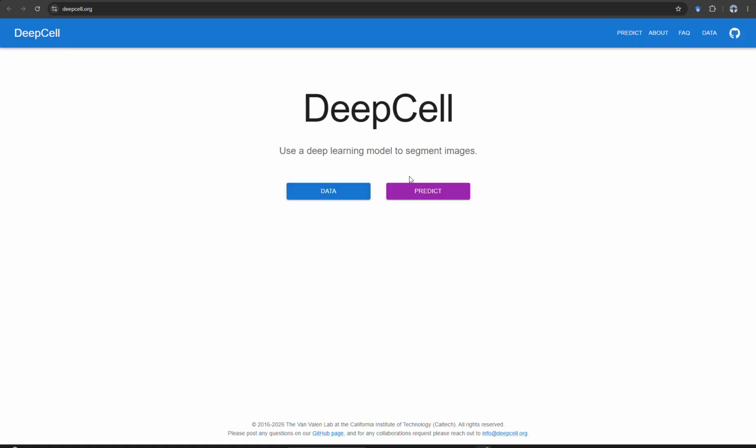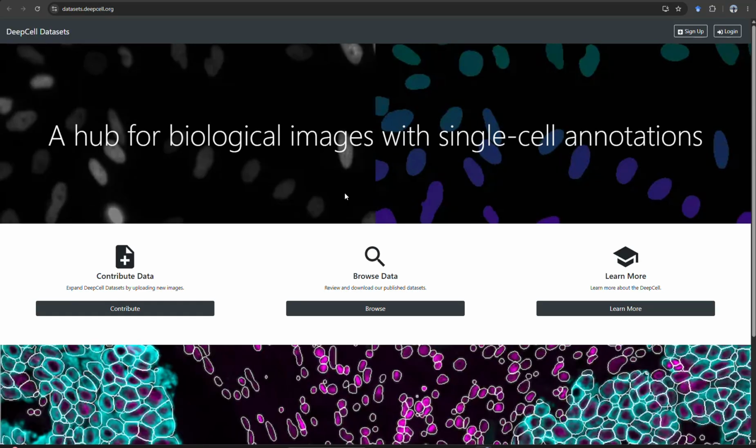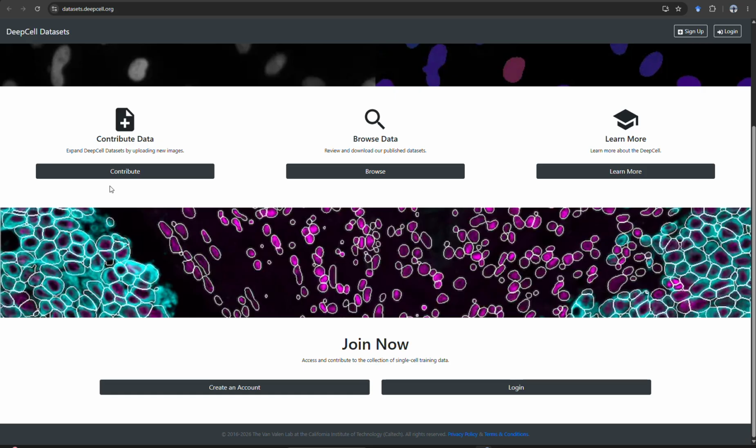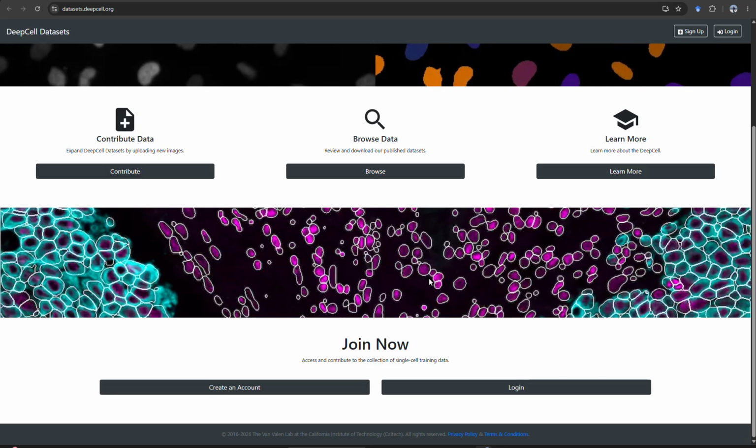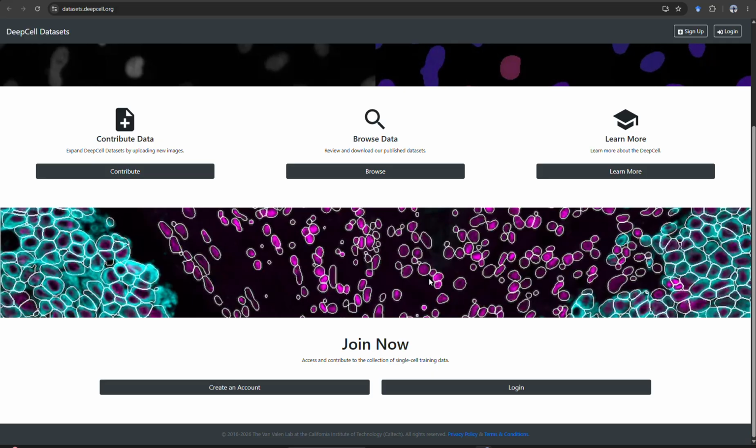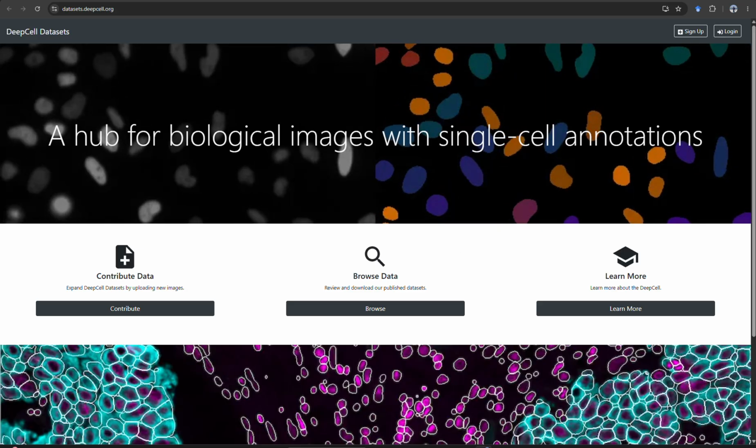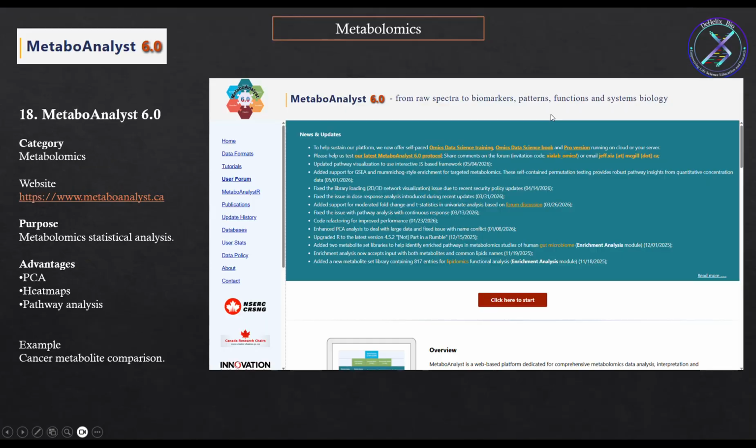So if we go to this web tool, we can click on data or predict. So if you have some images, you can simply click on predict. You can upload those microscopic images and it will predict the image types. So for online data, you can download this data, you can use them for further analysis. For example, you can download a data set and use this for an AI ML prediction project, and this is quite useful tool. So moving to the next is Metabo Analyst, where we can work on the metabolics and